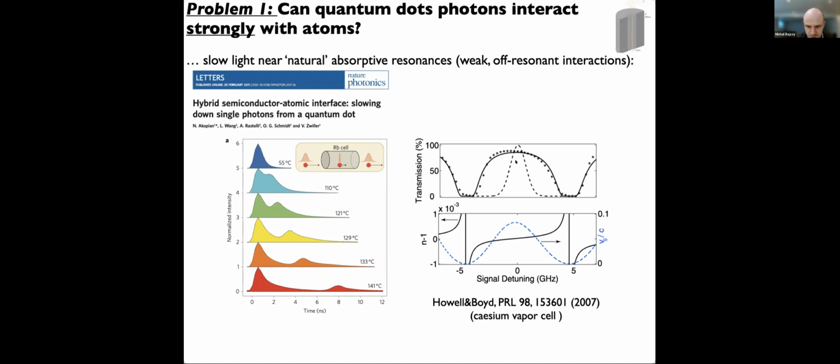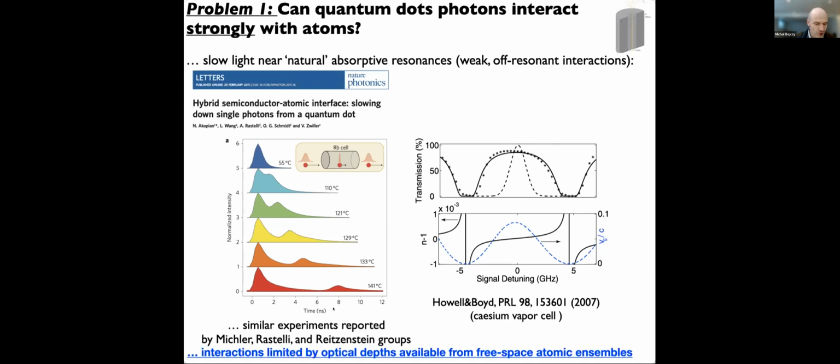What it gives you is these relatively large gigahertz-size windows near the resonances of, say, alkali vapors. This has been tried with single photons. The original experiment was done with laser pulses, but later several groups tried it by sending single photons from a quantum dot through a rubidium or cesium cell and registering interesting group delays.